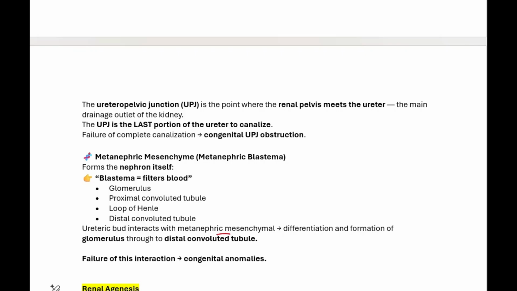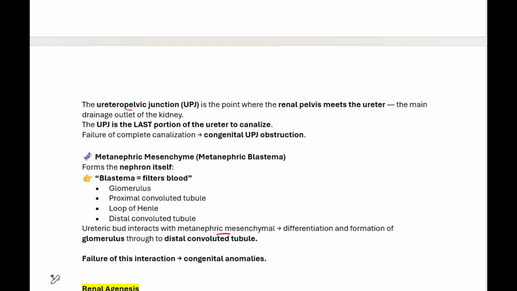And that's why if there's a failure of this interaction, this could lead to congenital anomalies. And please, guys, don't forget the structures that come from our ureteric bud and the structures that come from the metanephric mesenchyme. And when we look at the ureteropelvic junction, which we're going to talk about in detail later,